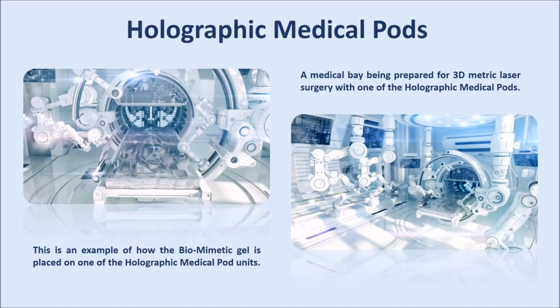And the gel helps to remove scarring tissue or any types of other deficiencies on the skin that would require plastic surgery basically on Earth. So when you go in and lie down in the mimetic gel on the holographic medical pod, you won't need plastic surgery. The holographic pod, with the help of the mimetic gel, will remove any scarring or other tissue, skin